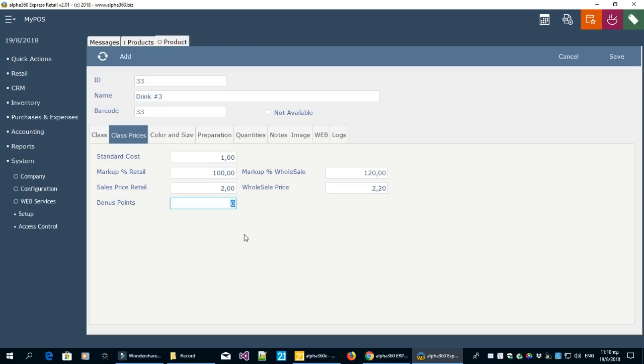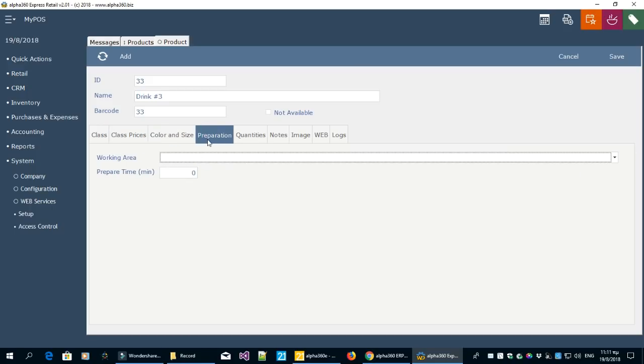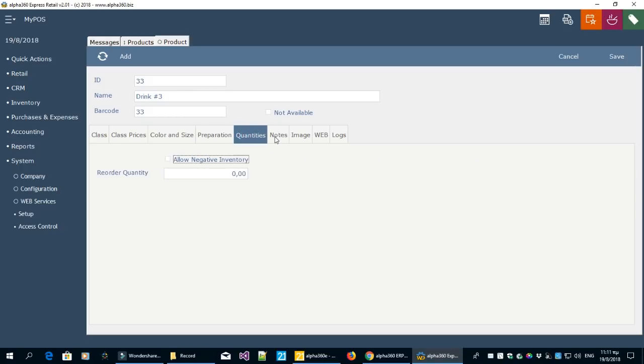and if we want to support loyalty cards, we can give bonus points to this drink. Let's give 3 bonus points for this drink. We don't have anything about color and size. We don't want to use a preparation area for this, quantities, etc. Now,